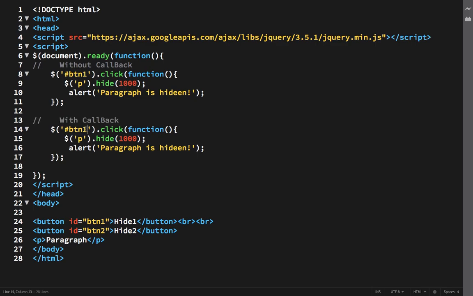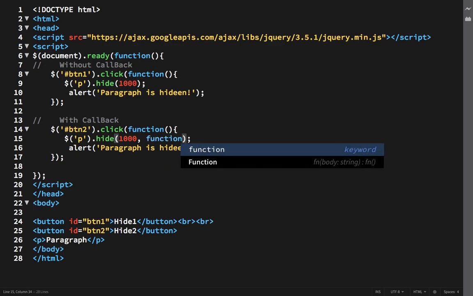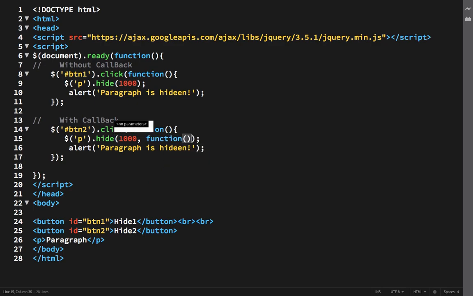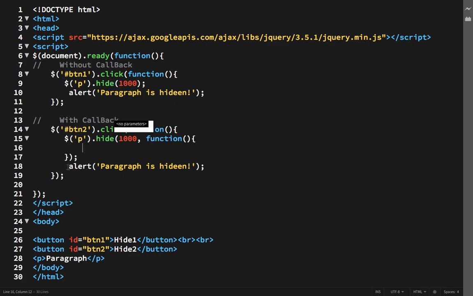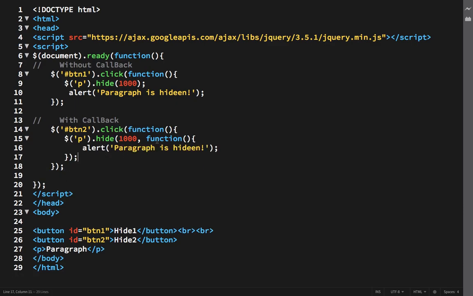So now here we need to take button 2 and call a function on button click. Whenever we are going to hide this paragraph, there is a second argument which is again an anonymous function, and you can put this alert inside here.